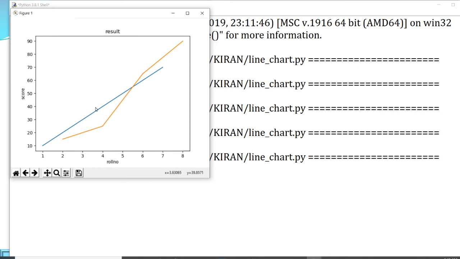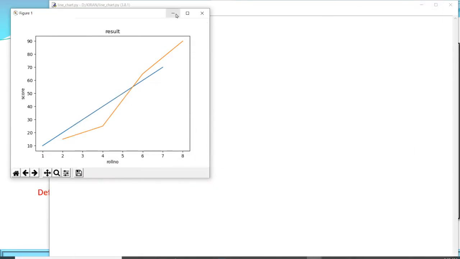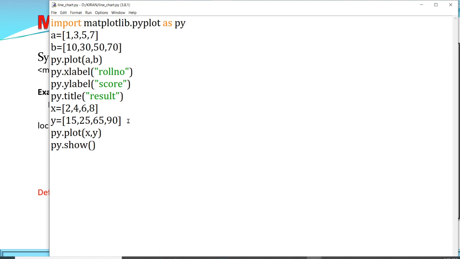Now what I want to do is label the blue line and the orange line, and I want to display the label. Clear? So for displaying the label, you have to write down the attribute label in the plot function. Clear?